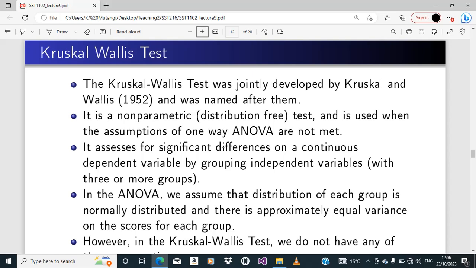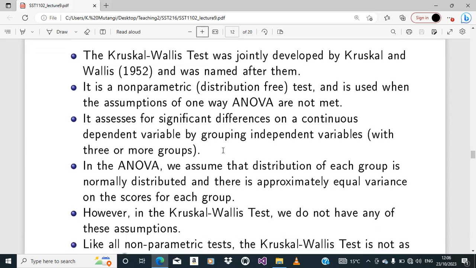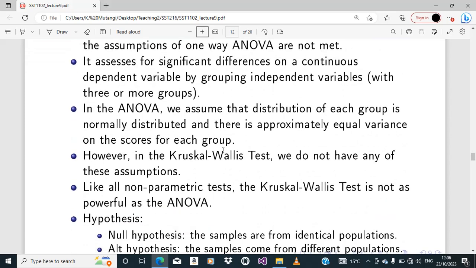So the Kruskal-Wallis test was developed to do exactly that. It assesses for significant differences on a continuous dependent variable by a grouping independent variable with 3 or more groups. So we need 3 or more groups. In the ANOVA, we assume that the distribution of each group is normally distributed and there is approximately equal variance on the scores for each group. But of course, the Kruskal-Wallis test does not have any of these assumptions. And one thing to note is that it is actually weaker or less powerful than the analysis of variance